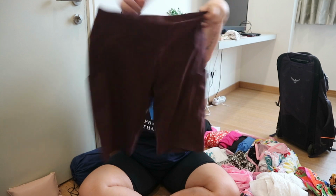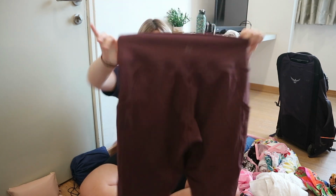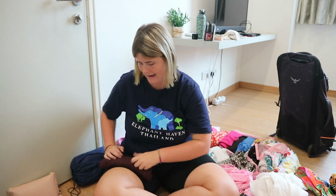These are from Riderwear. I can't recommend them enough. They've lasted me really, really well. So I've got 2 pairs of brown, I've got a pair of black. These are actually from ASOS and they were really good. I had a pair of black and a pair of pink. A couple of them are in the bin now because they have just been worn to death, but these are